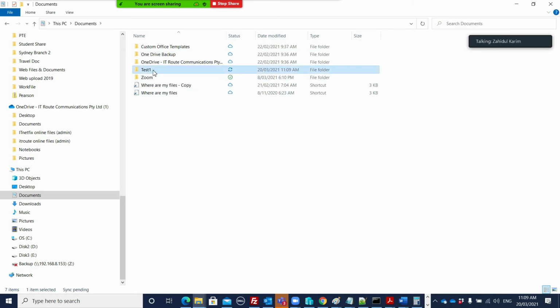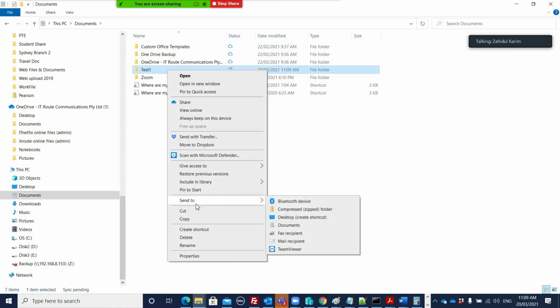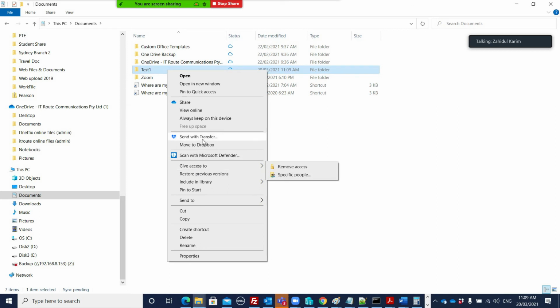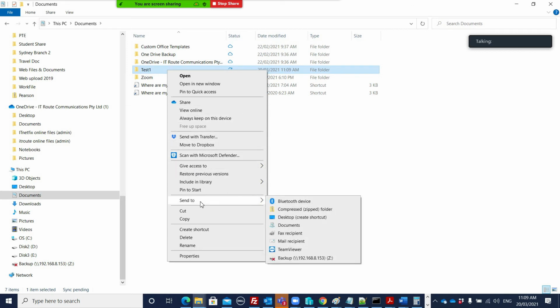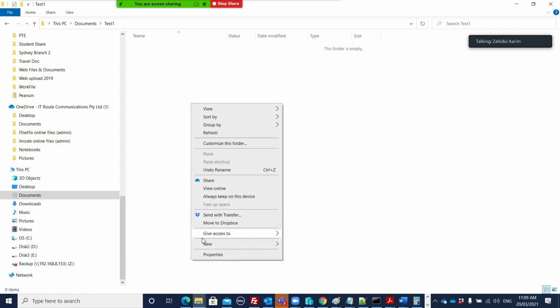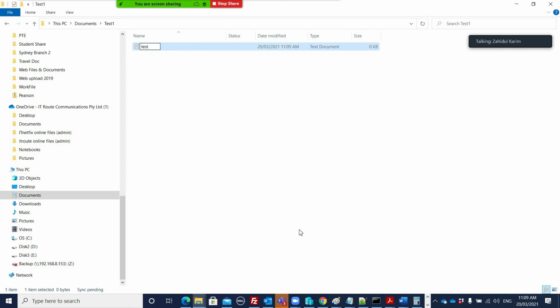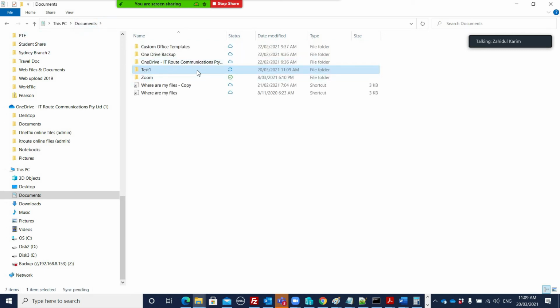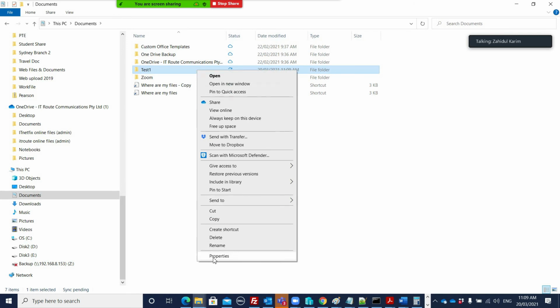Under this test1 folder I can create something. Open this one, right click, new text file, name it test. So I have a folder named test1, and if I'd like to compress this one, right click, go to properties,